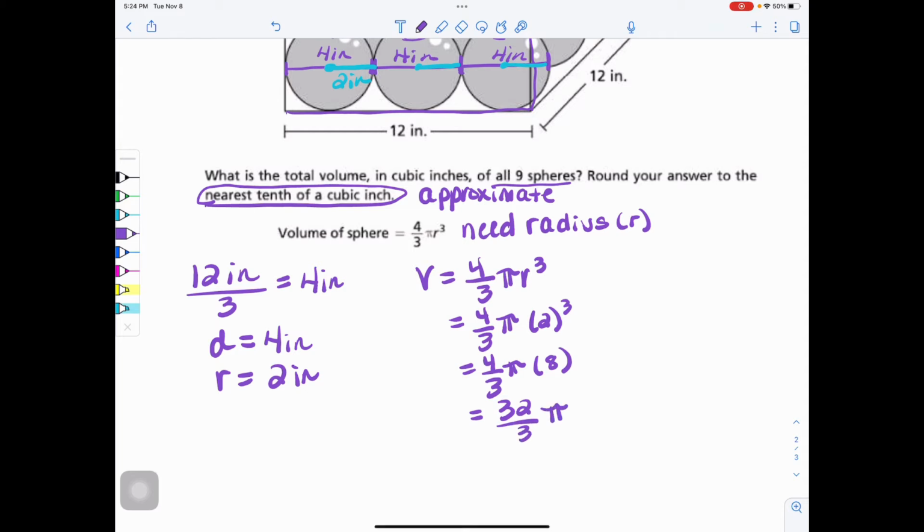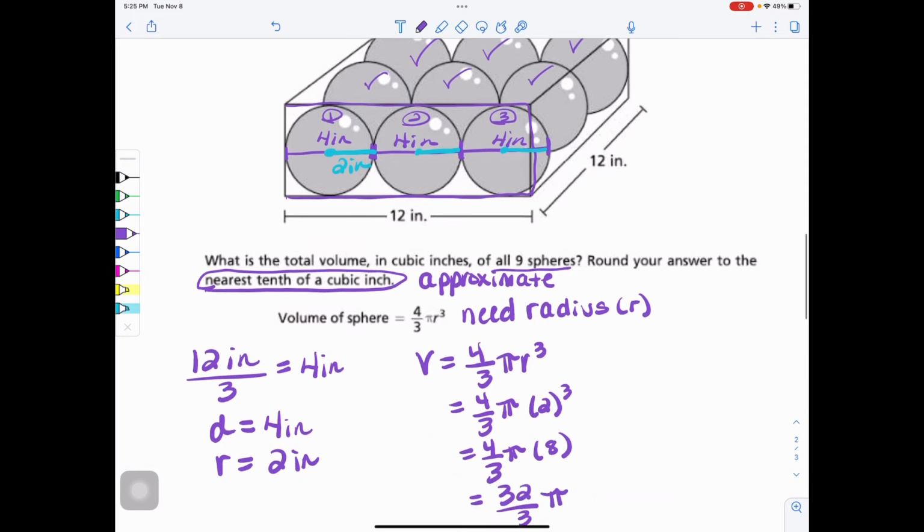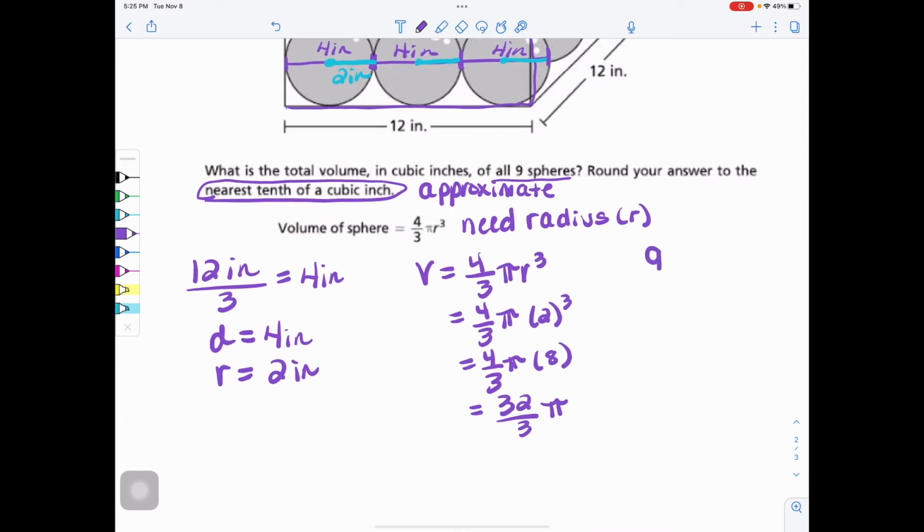Now, I know they want me to eventually round it to the nearest tenth, but I'm thinking to myself, this is only the volume of how many of the spheres? 1. How many spheres do we actually have in our picture? 1, 2, 3, 4, 5, 6, 7, 8, 9. Remember, 9 identical. So there are actually 9 spheres,